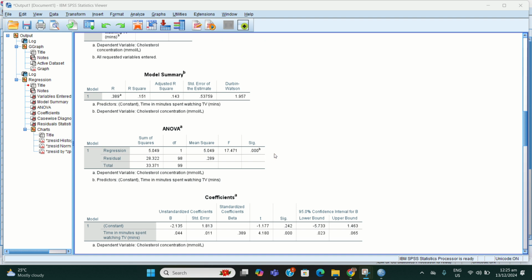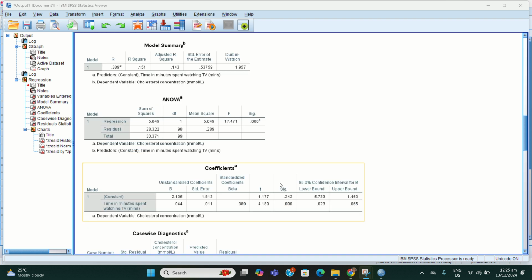Here the significance should be less than 0.05. As you can see with our result, it is less than 0.05. Therefore, the average daily time spent watching TV statistically significantly predicted the cholesterol concentration.